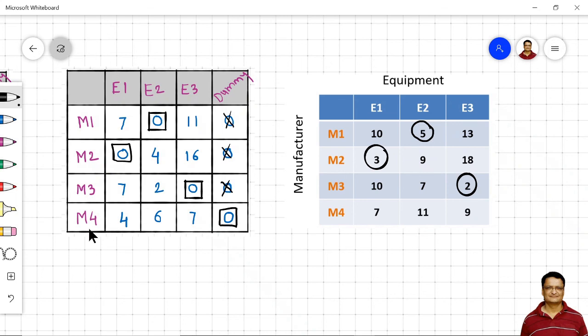And we are not purchasing anything from manufacturer 4. So the total cost of purchase will be 3 plus 5 plus 2 equals 10 lakhs, and this is the minimum possible cost for this problem. Thank you.